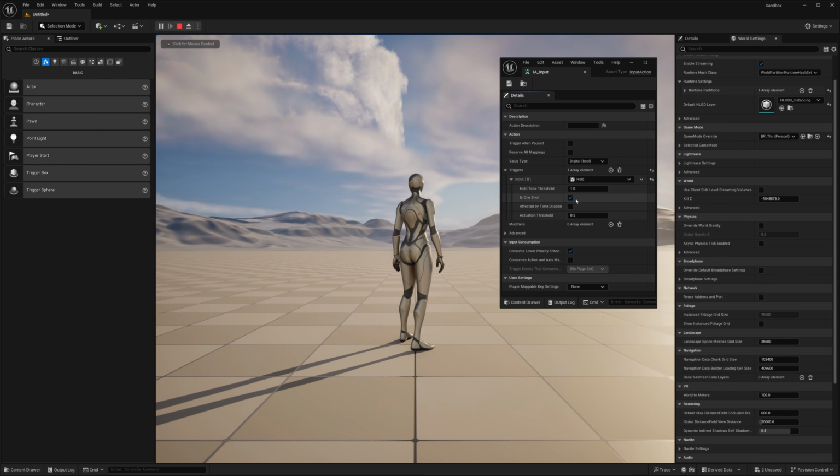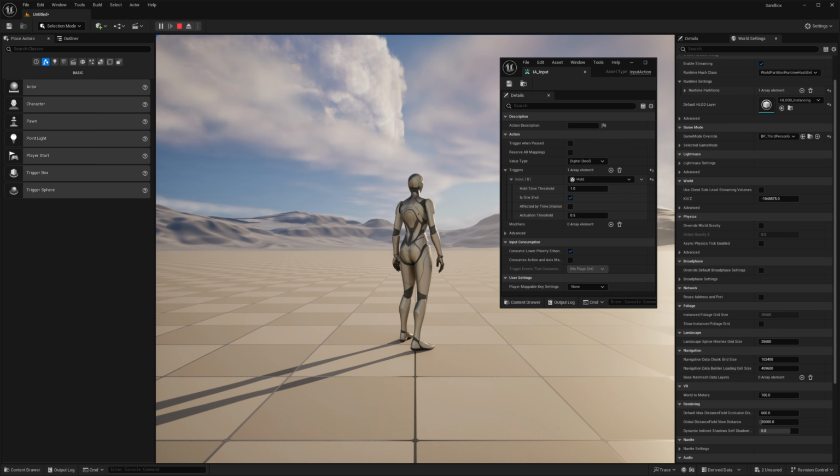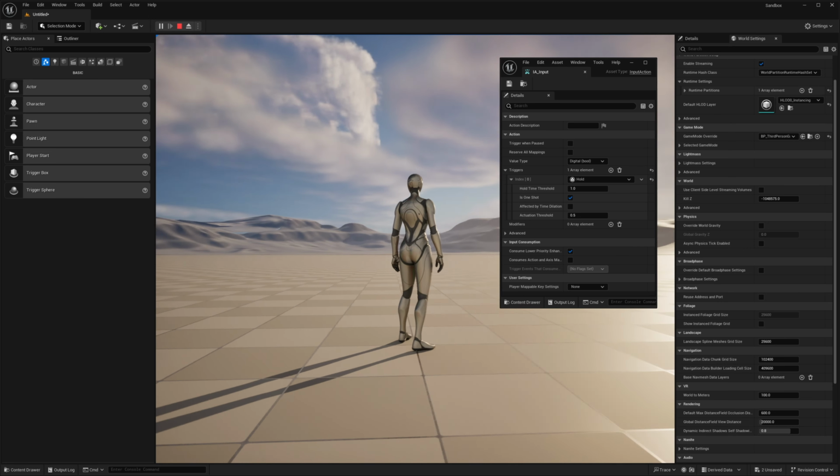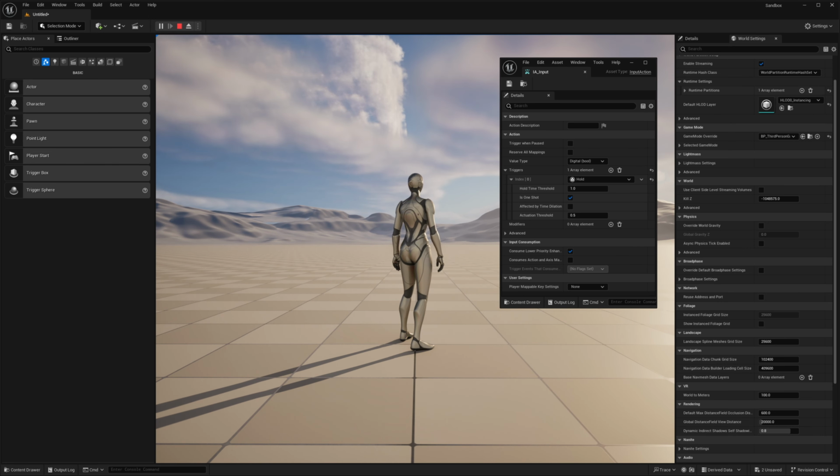Now if we try this with one shot, it will only trigger once and stop without me even lifting the key. So I press the key down, threshold's met, triggered once, completed, and I haven't taken my finger off the key yet. So one shot basically means you must hold it down for the threshold, and once the threshold's met,